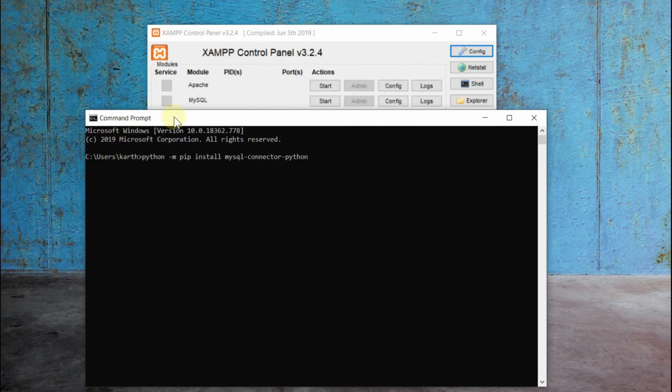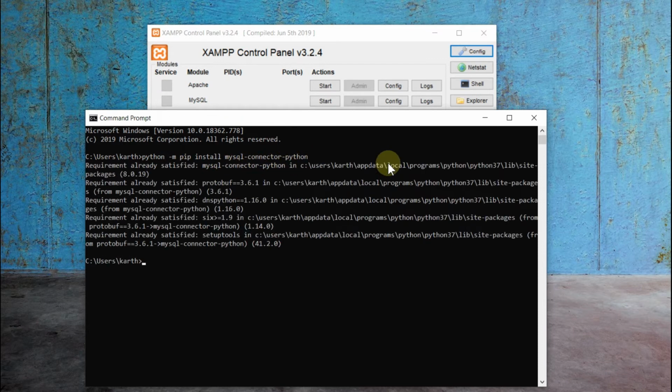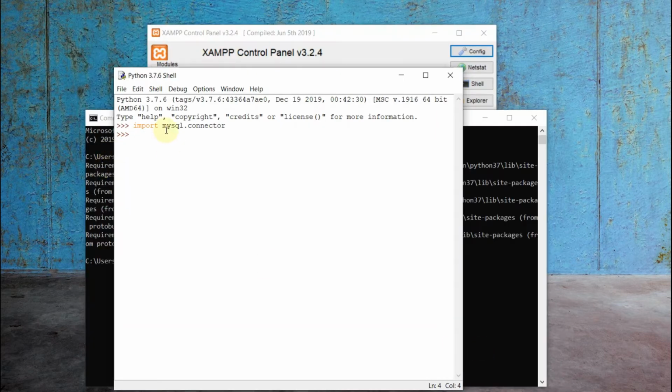You can see the command prompt window wherein you can type this particular command, python -m pip install mysql-connector-python. If you're giving this and pressing the enter key, you can see, because I have already installed, it is telling that already the connectivity is available. If it is not installed, it is going to continue with the installation procedure, and after it is over, you can check for the connectivity by moving to the Python shell. By giving import mysql.connector and pressing enter key, it is not going to show you any error. This is a way you can check whether the SQL connector is installed properly or not.